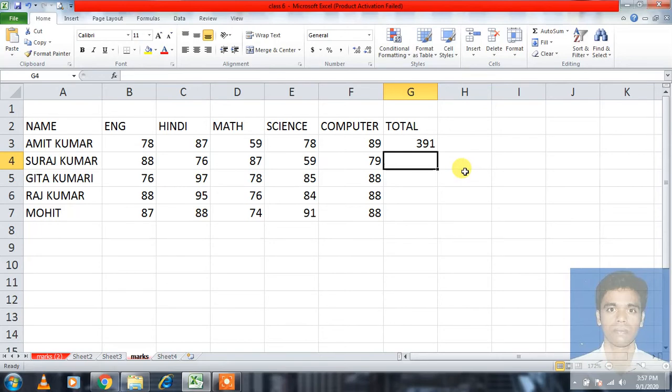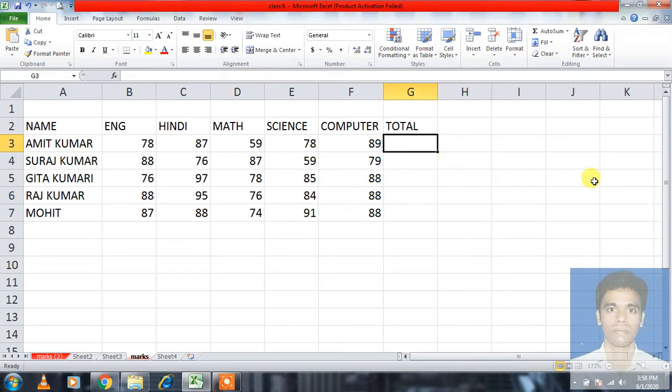So we have to firstly calculate the total number for one student, and then finally go to the lower end of this particular cell, and we will get a plus sign, and then simply drag it. We will find that all the total numbers are generated there for each student. It is very simple. Now another method, I simply remove it, and the other method is that we have